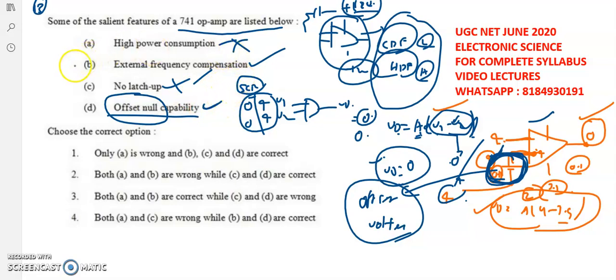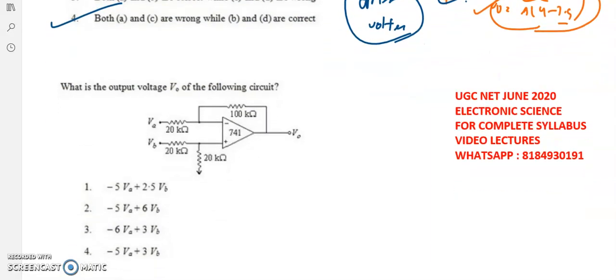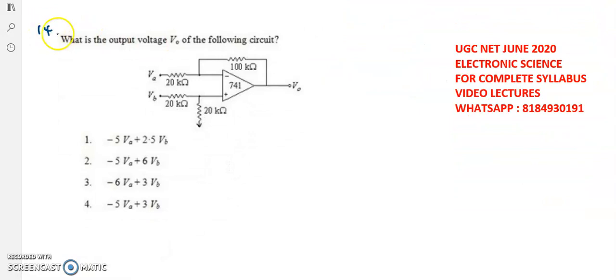So totally, external frequency compensation and offset null capability. So B and D are the correct answer. So the fourth option is the correct one. It is the 13th question. And while coming to the 14th question,